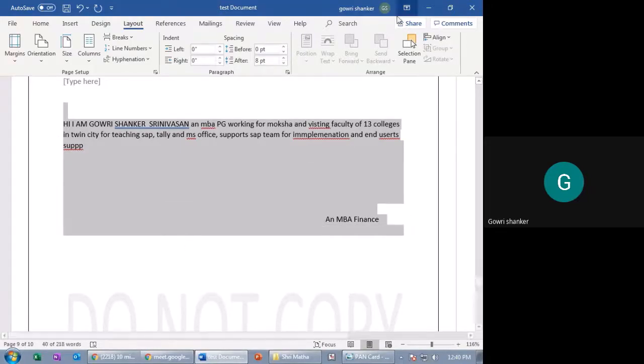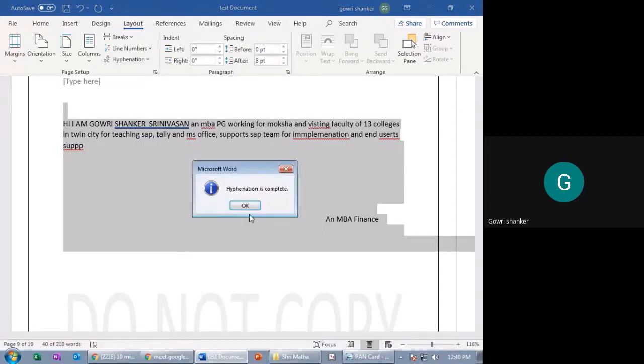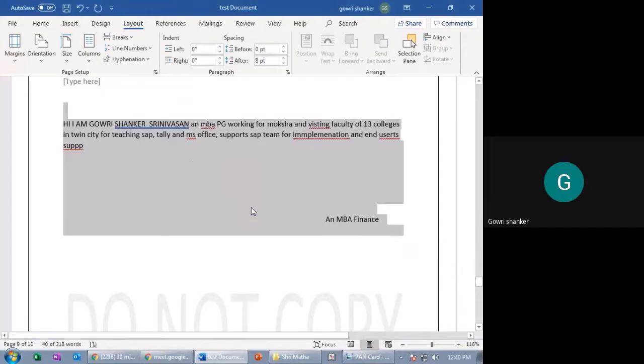Only up to this line it will take. It will not exceed this line because you are taking automatic. Automatic means it works according to the MS Office configuration. If you select manual, it will extend. So by default, people will put none or they will put automatic.